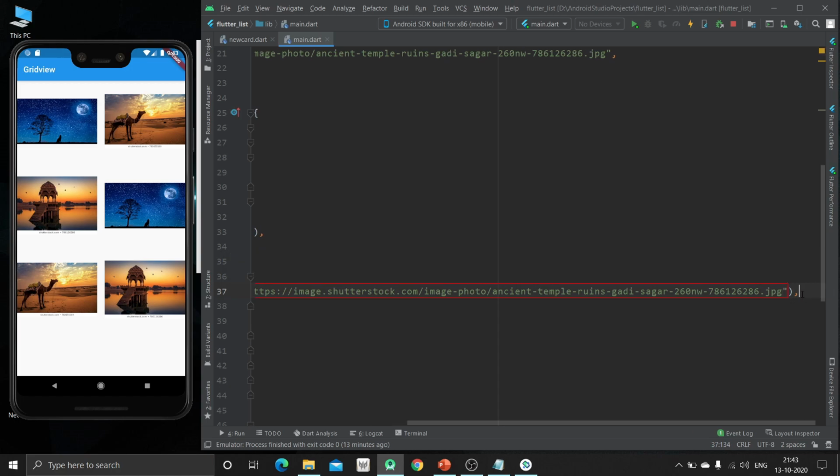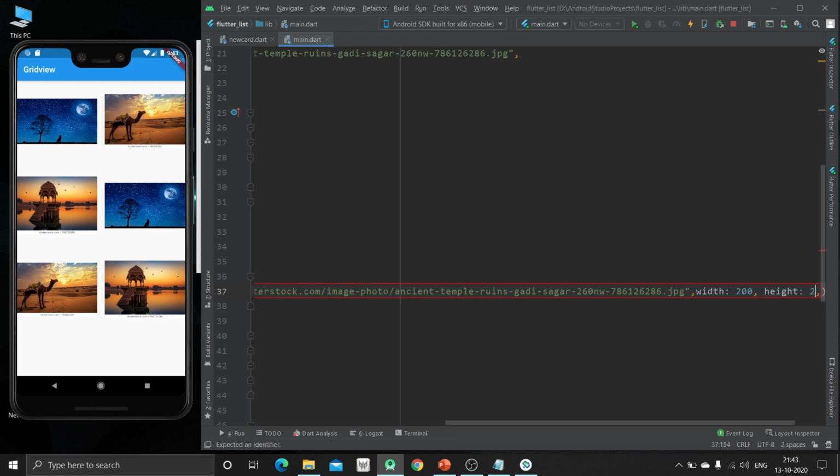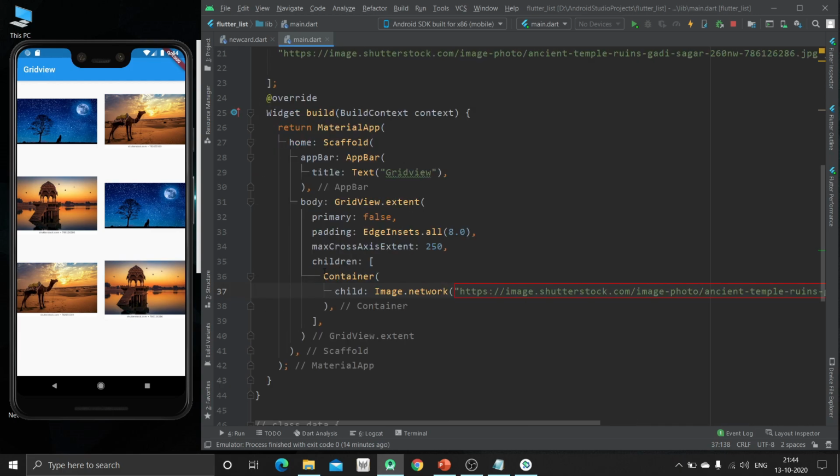So now here we can change the width and height of this image. So we can make it 200 height, and width should be 200. So in this way we can give the width and height to our images. So we are just going to copy this container and paste it multiple times.